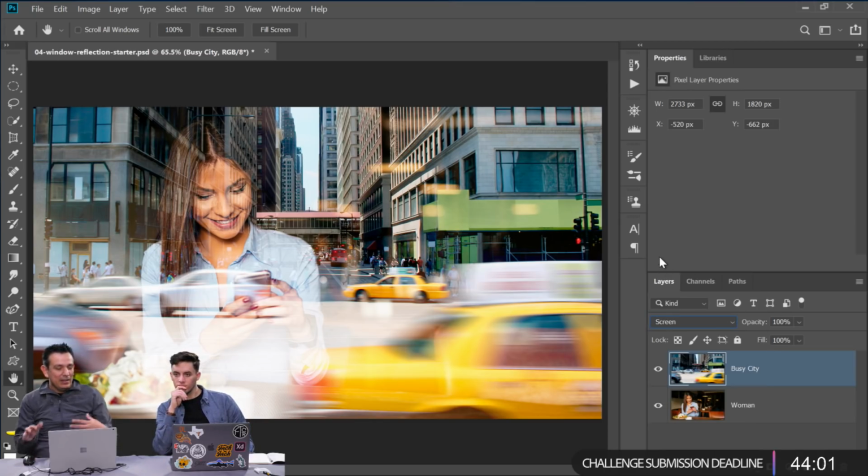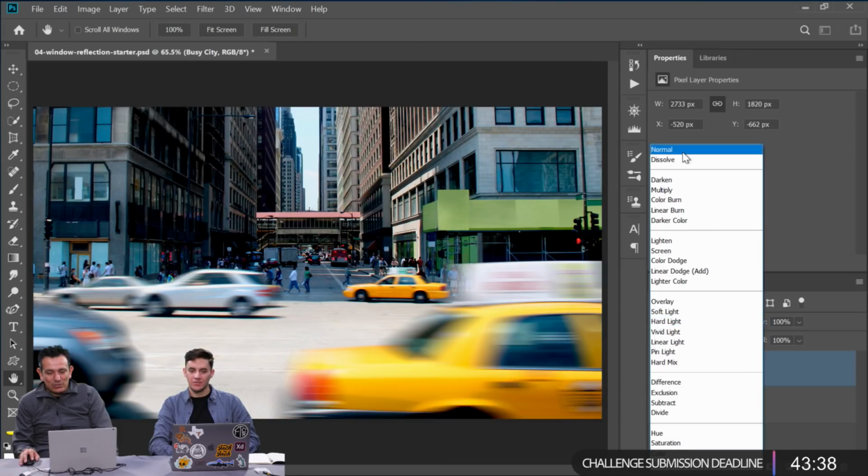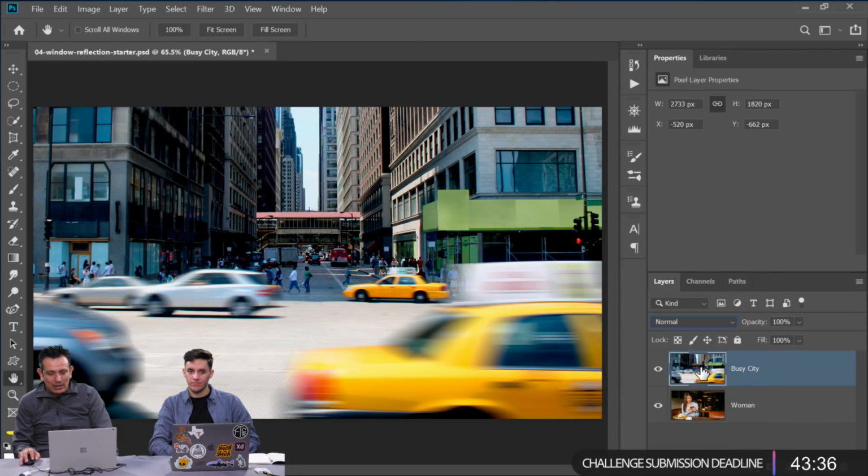And again, if you're using a different image, maybe the luminance values of the image will give you a better result using a different blending mode, but at the very least, you know what category of blending modes you should use. So there you go, that's it, we're done. We just dial it in a little, maybe lower the opacity just a touch, and that's it. So actually what I'm gonna do is set it to normal first,